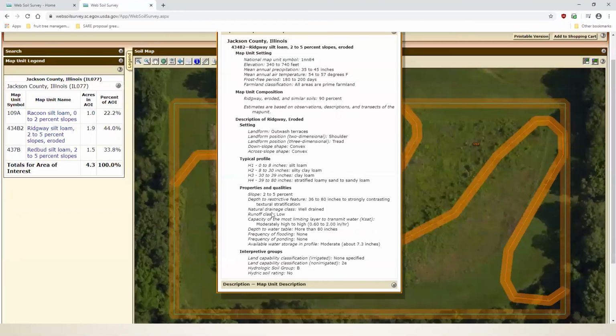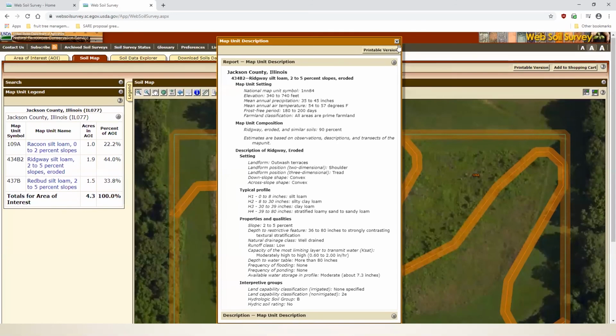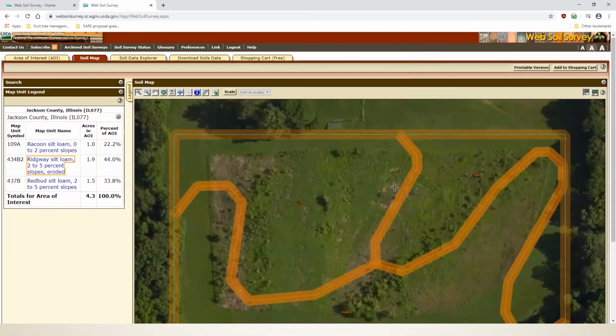Down here, it says it's well drained, which, in some of it maybe it is, but some of it I can tell you is not so well drained. But this gives us a baseline of information about what is out here, and that can further inform what we can do with that soil. So this is a great resource to play around with. You can find out what soil is surveyed for your home garden, your home landscape.